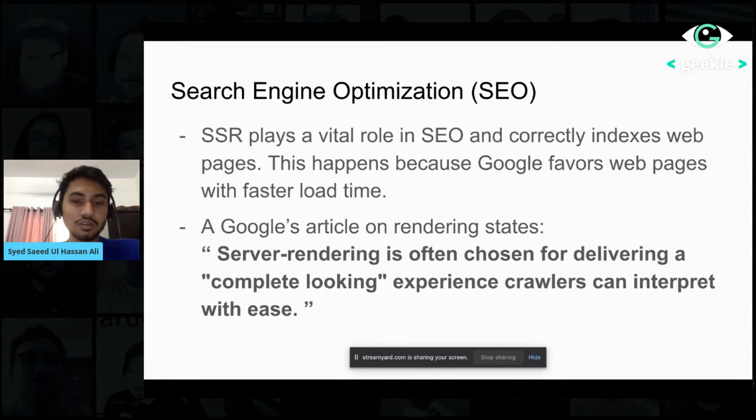Why? Because it is very easy for crawlers to crawl websites that are rendered at the server side. And why is that? Because as soon as the website is loaded, a crawler can crawl it. If you think from the perspective of the crawler, as soon as the crawler goes to crawl the website, it first waits for the website to load, and then it wants to crawl it as soon as the website is loaded on the window.onload event. So this favors server side rendering, that as soon as the site is loaded, the crawler can